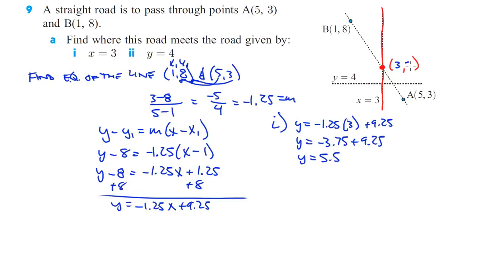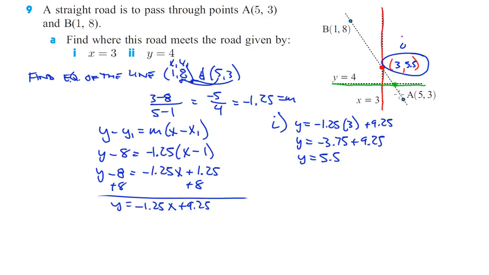Okay, so this is 5.5. For part I, find where this road meets the road given by x equals 3. So there's our answer for part I. And then for part I, y equals 4. So now we have this line here, and we want to figure out what that intersection